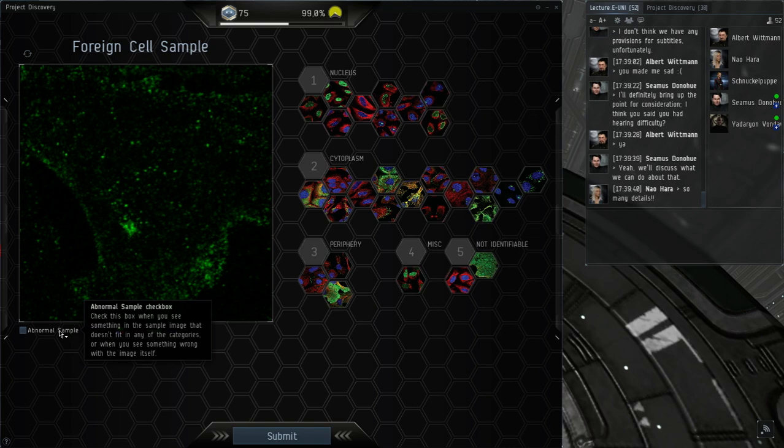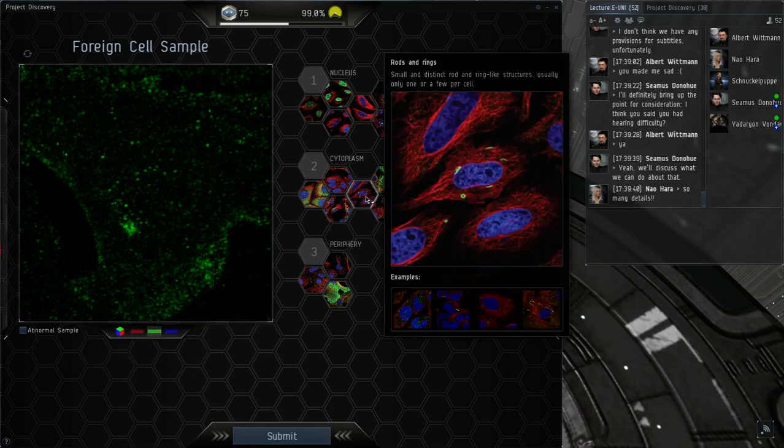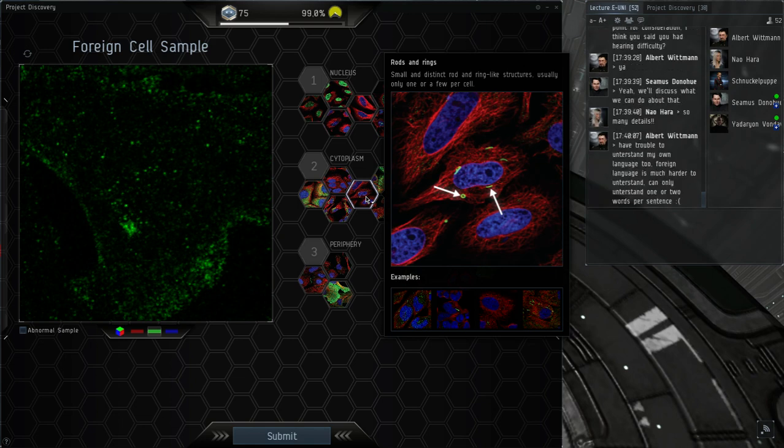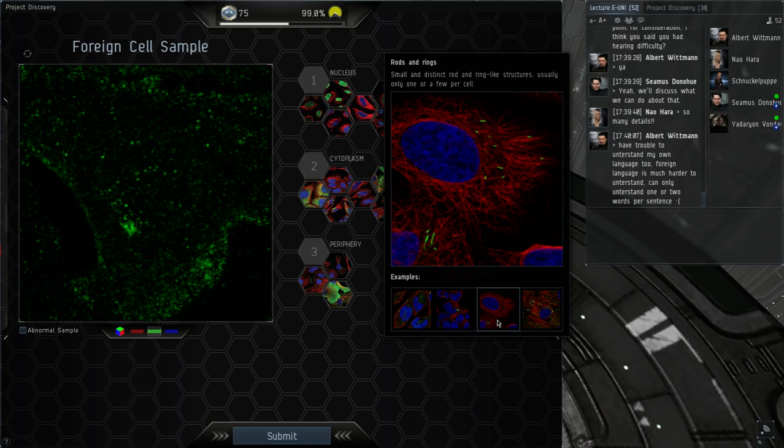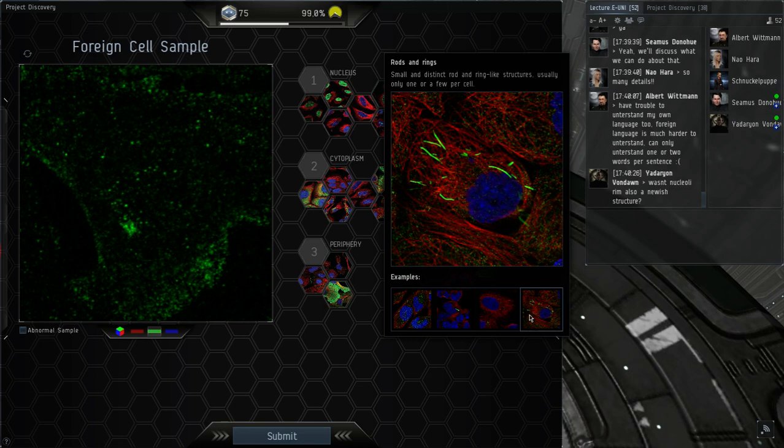I don't know why it's not explained in the tutorial. I think it was a quite late add-on for us. And the reason we did add it at all was that one of our categories, rods and rings, which should be here. Rods and rings is a very new category for us. We started with it like half a year ago. Throughout the last 5 years or so, we've collected samples that we called sprinkles that had this sprinkle pattern. And then half a year to a year ago, my colleague found out that this is actually a known protein category. They have several different names. One of them is rods and rings. And now we started to annotate them.